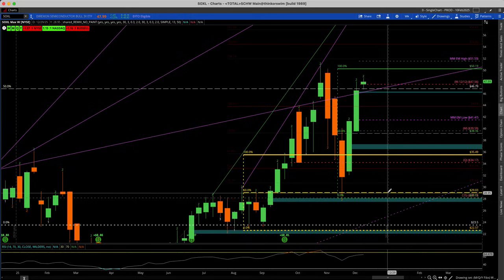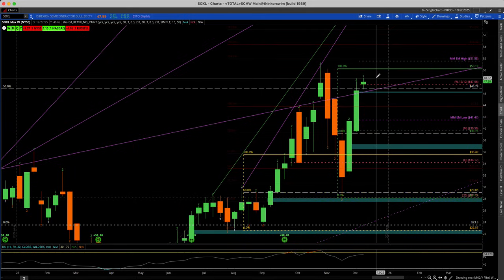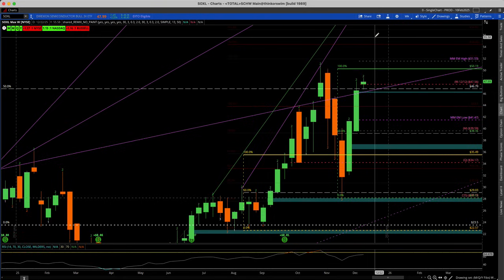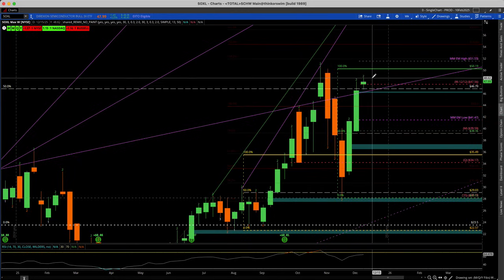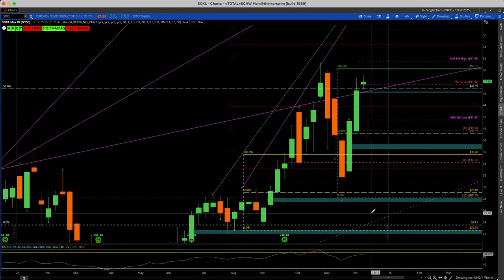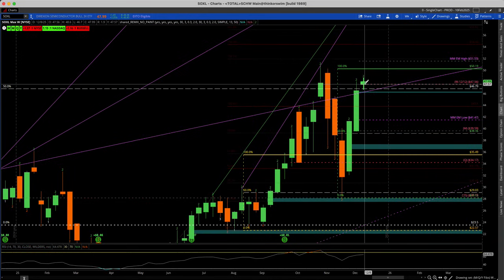So not something we want to see, not something that I'm calling for at all, but it is something that we need to continue to keep an eye on. Hopefully it shouldn't be too long and we get that higher high. We've got to get that higher high. Again, even if we don't pull back to make a lower low and start a downtrend, it could signal consolidation,